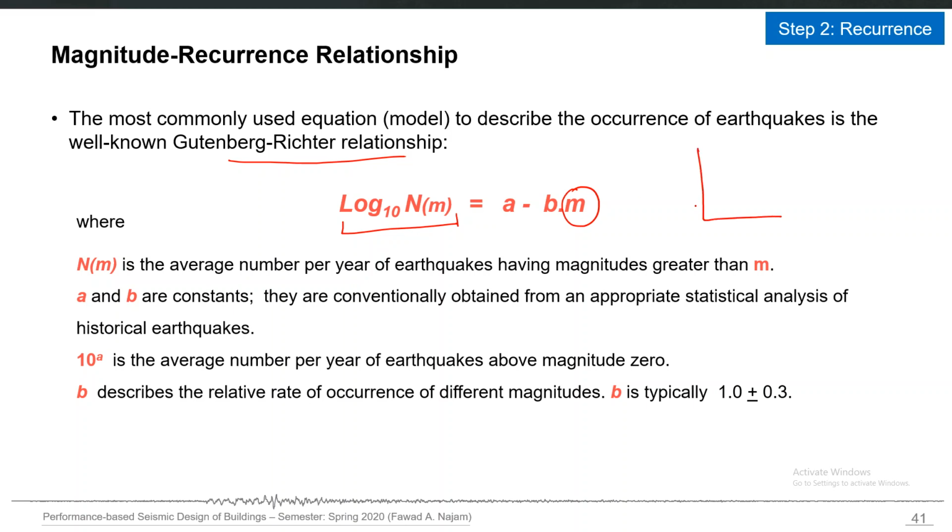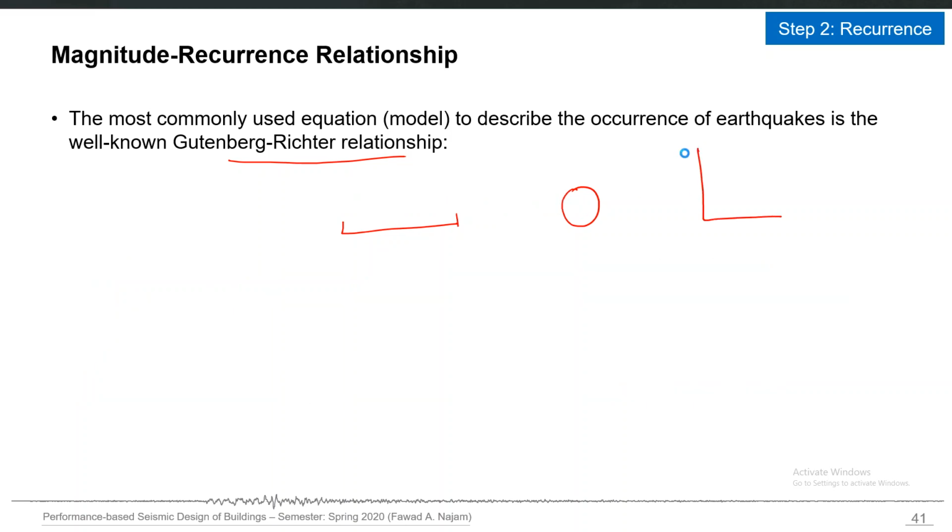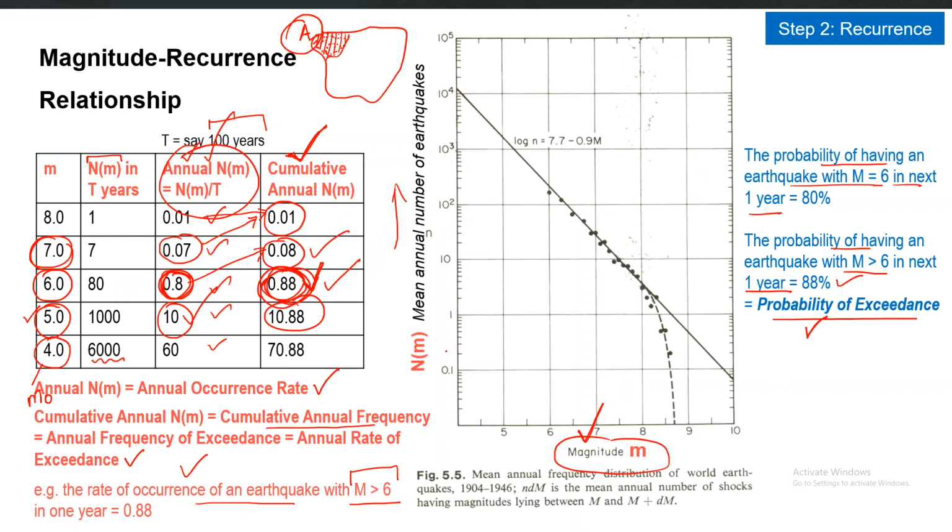As you can see in the last slide also, if I go back, in this example the mean annual number of earthquakes or the mean rate of occurrence is on the y-axis, and the y-axis is a log axis. So basically it is log of N of M on the y-axis, and you can see that it is a straight line. All the dots here show the historical data, the magnitude and their number, for this particular seismic source, and their trend is linear, you can see.